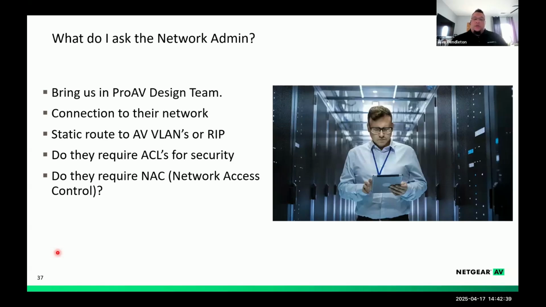And so what do we do? Well, we offered to put a router in between the AV network and their network, and they subsequently gave us a public IP address that we could route between in their infrastructure and the AV infrastructure, and so their control could communicate to and from the AV network. And that is a solutions-oriented approach to a problem that we were able to work around.